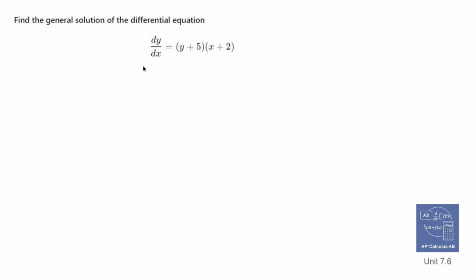If I were to multiply both sides by dx, and while I'm at it, divide both sides by y plus 5, this is going to look sloppy, but bear with me. That cancels out, that cancels out. And what I'm left with on the left side is 1 over y plus 5 dy